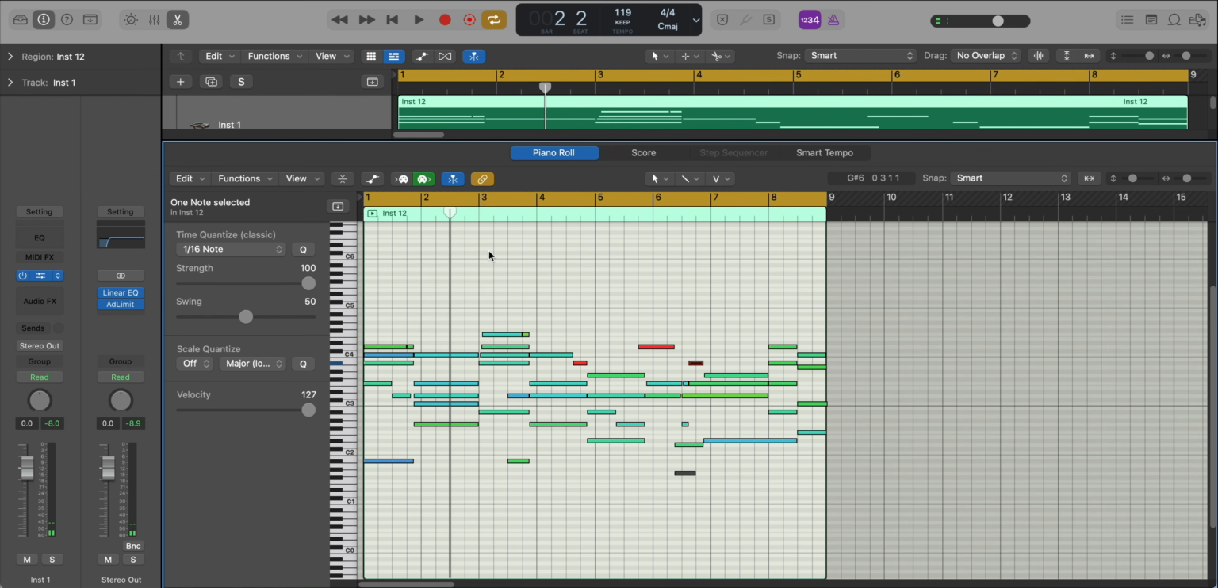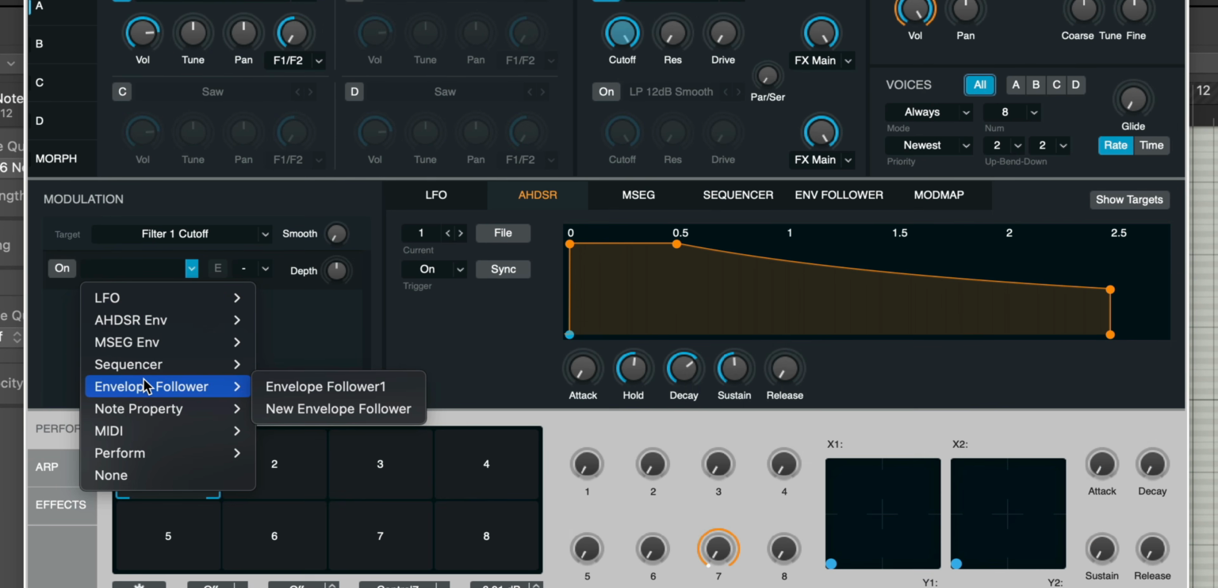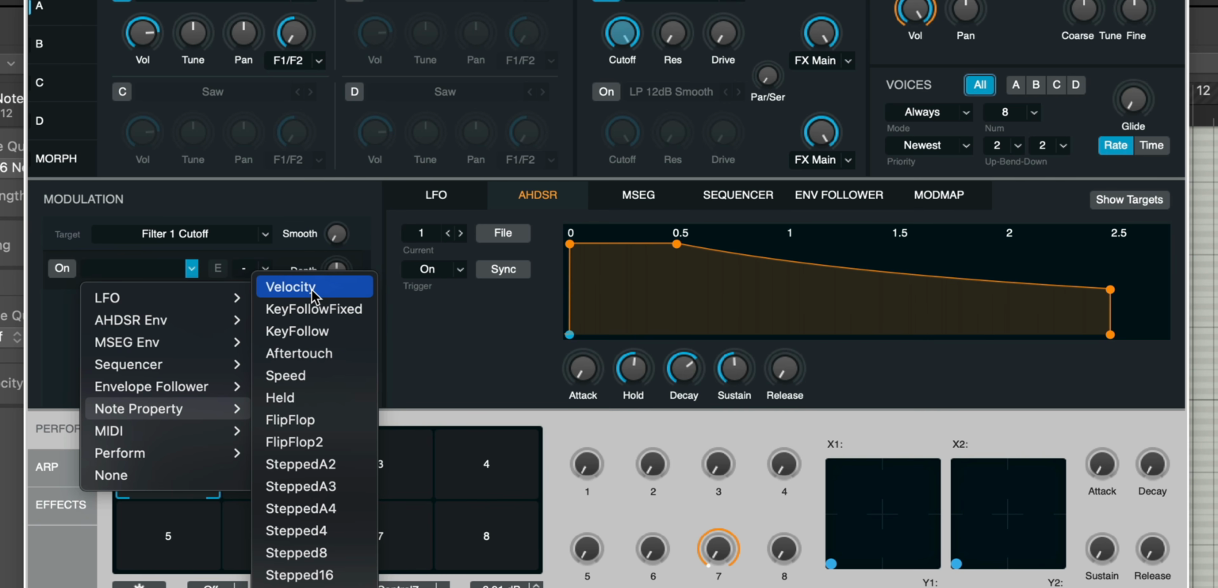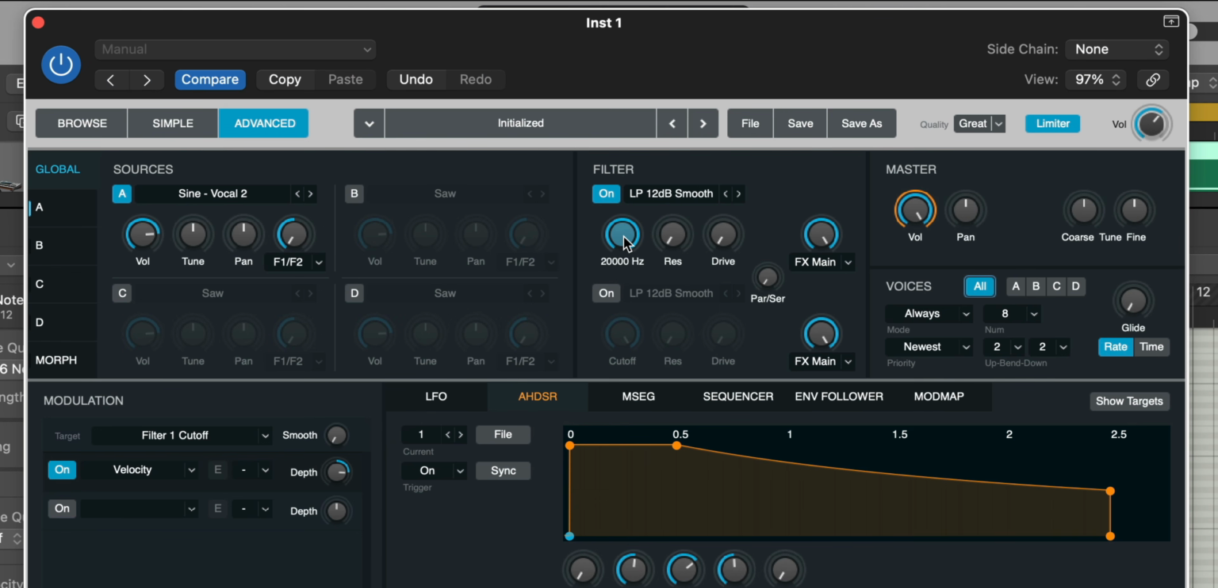So let's open up Alchemy, and we're going to click our filter master over here, our master filter. We're going to select note property, and we're going to go to velocity. We're going to set our depth to about, let's say, 65%ish, 3 o'clock. And then up here on our cutoff,